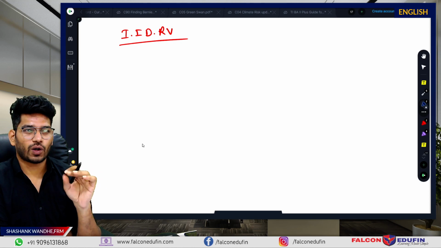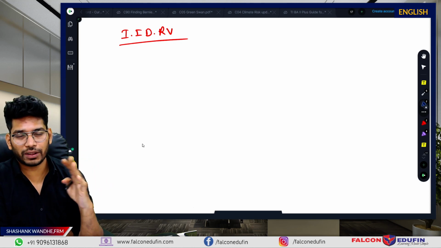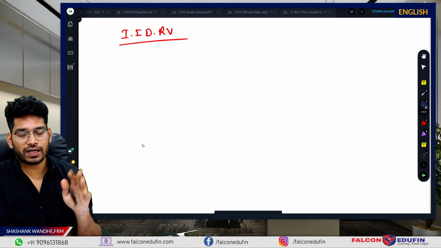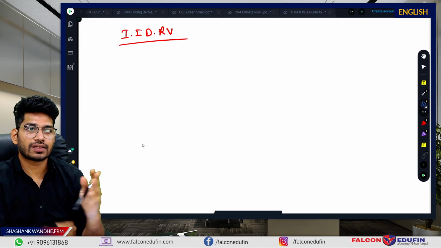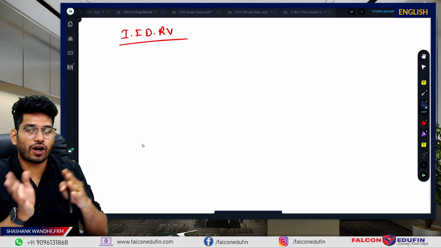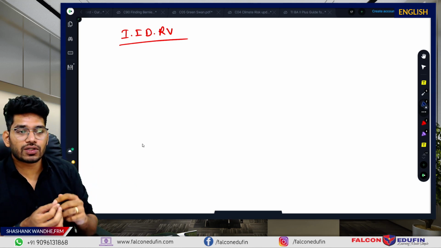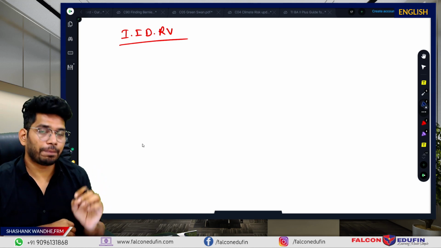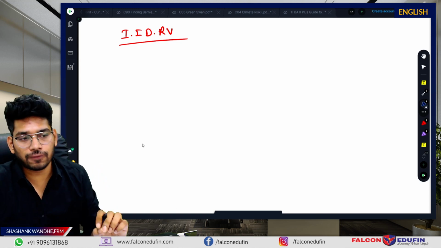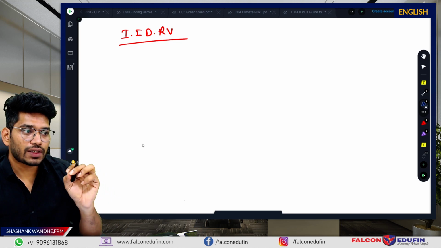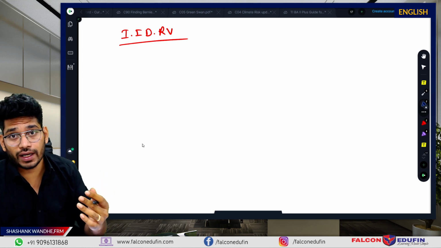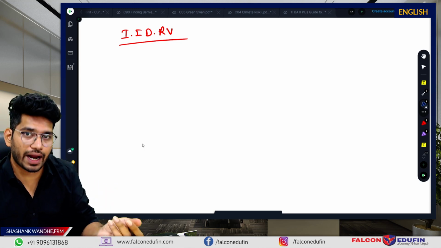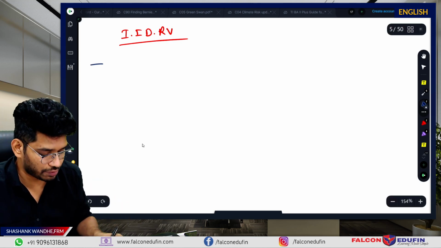For the general scenario, always remember you have to focus on the identical or approximately identical distribution and independence. These two variables should not be directly dependent on each other. So if this is not the case, you are good to go. You can use this in the analysis. But theoretically, we have to focus on some points, some assumptions of IID when you call a variable IID. So we have to discuss those assumptions.